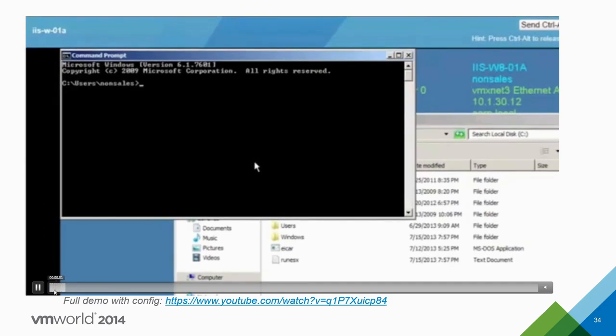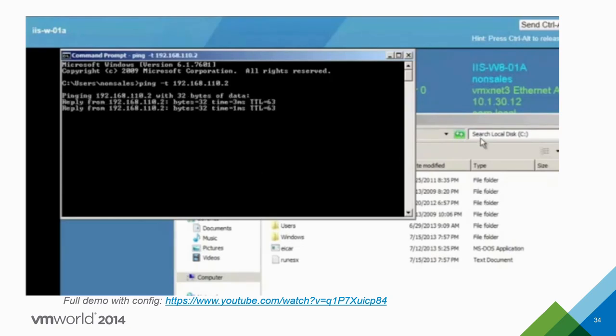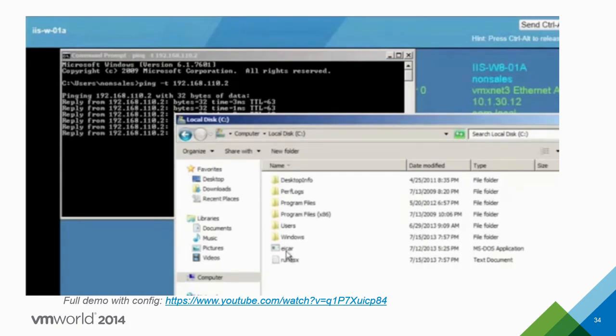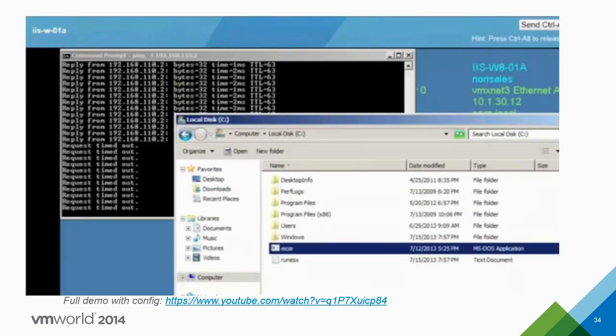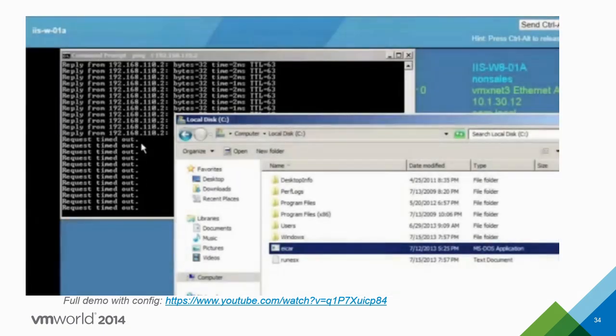So the configuration is done. You have the Symantec plugin installed on NSX. You have your quarantine group created on NSX. And on that VM, which is not infected, you ping something in the same subnet, another VM in the same subnet, and you keep it running. Then you launch that virus, the quality is pretty bad, and Symantec will detect it, will add the tag, vCenter will tell NSX, and you can see automatically the ping stopped.